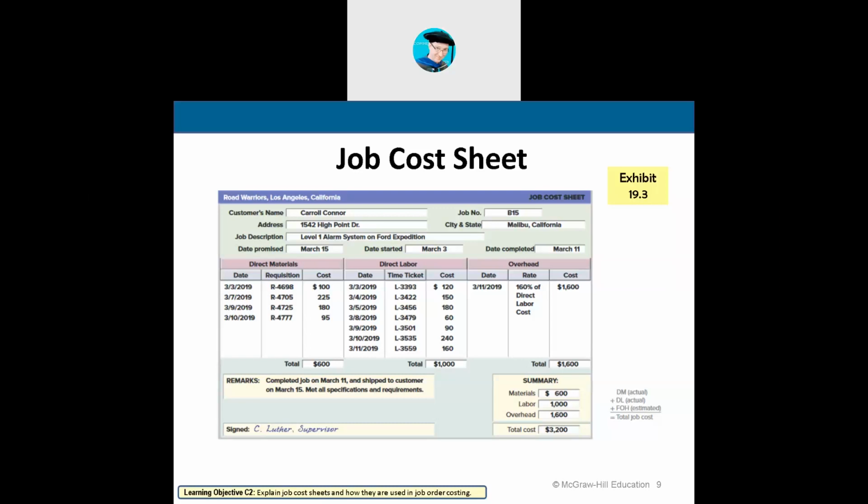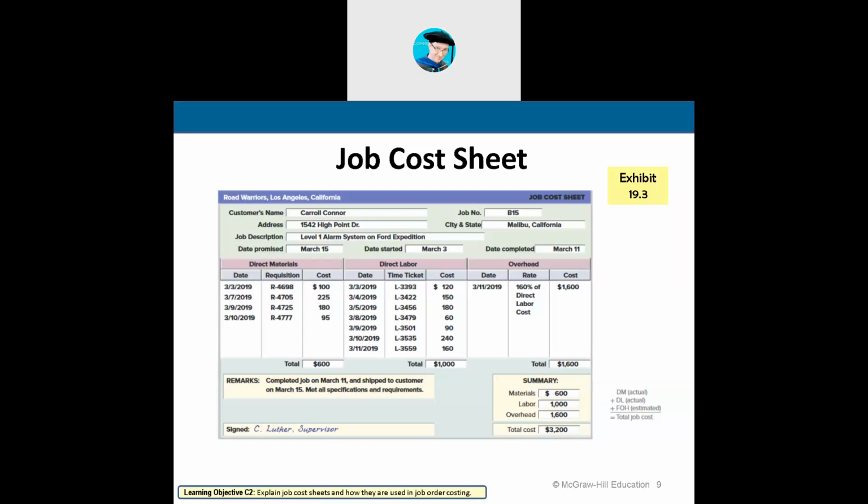For direct labor, we use this thing called time tickets. Time tickets, you know what that is? When you go to work, you punch in and you punch out. Then you punch back in, then you punch back out, right? So we all did this at some point. That's called a time ticket. It's your time card. Yep. It shows when you punched in for work and when you punched out for break, when you punch back in and when you punch back out.